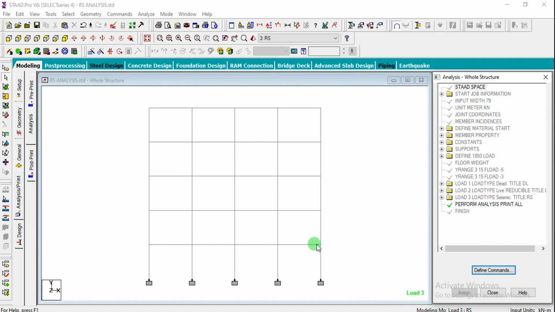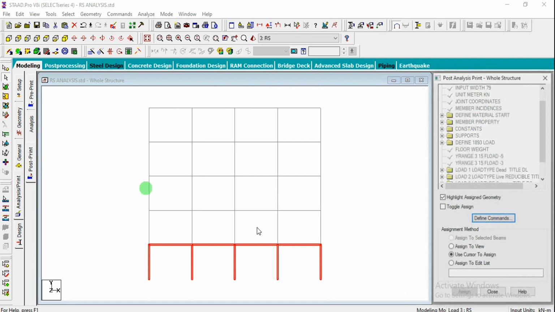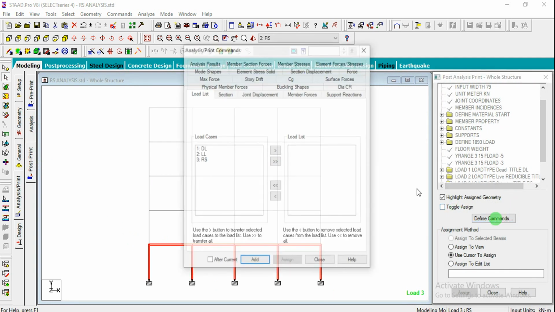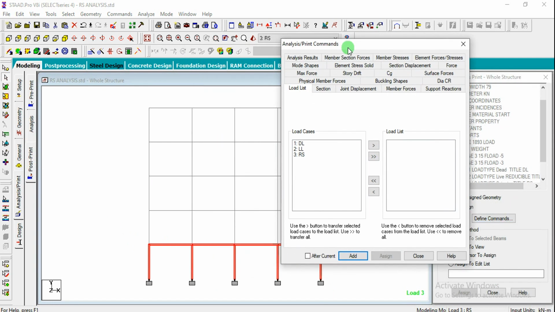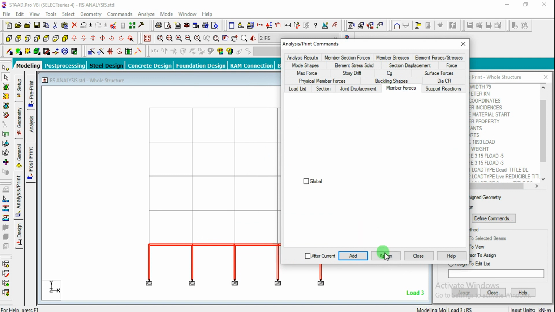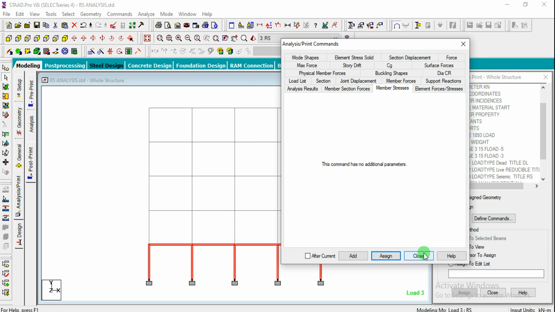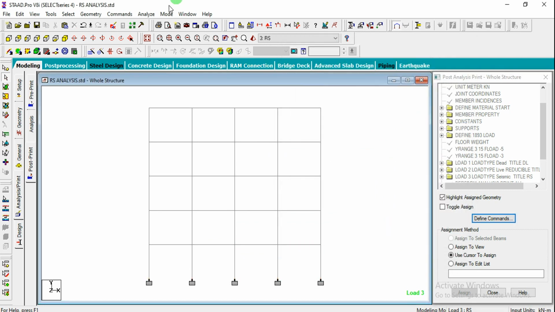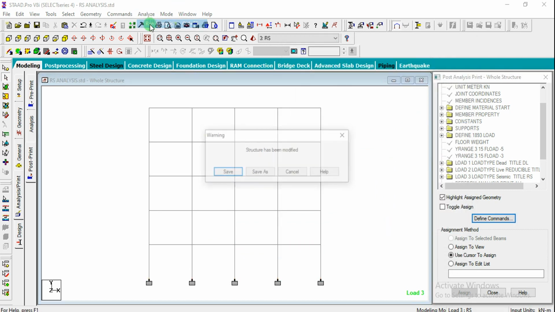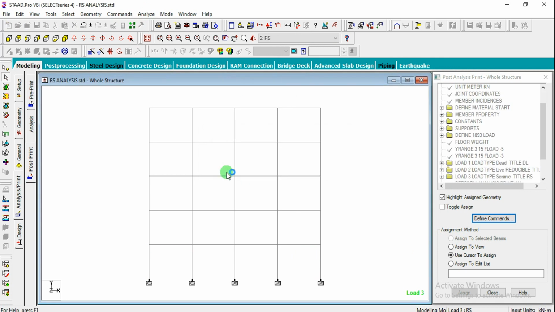If you want to get member forces as we have seen in the static method, you can go for post print, go for define commands, go for member forces and click on assign, and similarly member stresses, click on assign and close. Let us go for analyze now. Click on run analysis and save.